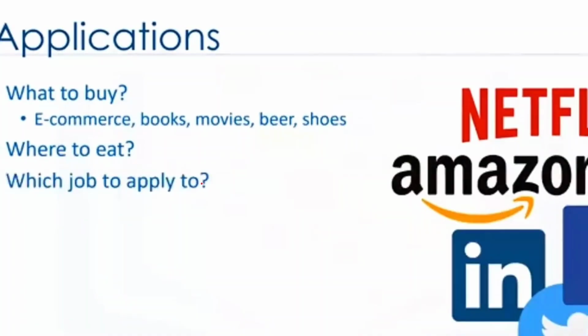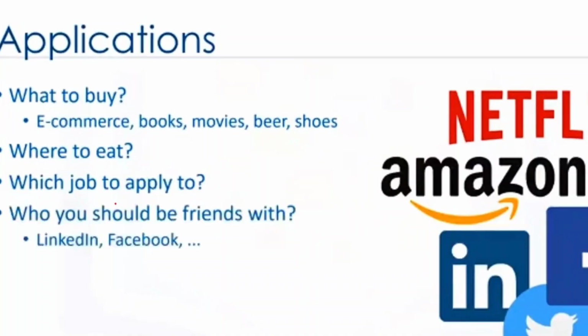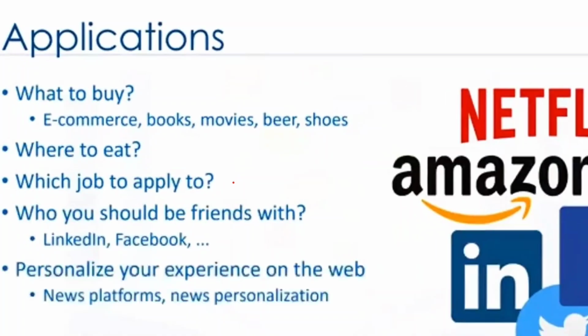Now, which job you have to apply for? Previously, which type of jobs you have seen? According to that, it is going to recommend jobs related to you. So you have checked in Google for data science jobs. Automatically, whenever there is a data science job, it is going to send a notification because you have searched for that. So based on your search, it is recommending, right? Who should be your friends, based on the connections, right? Now, with respect to the platforms.